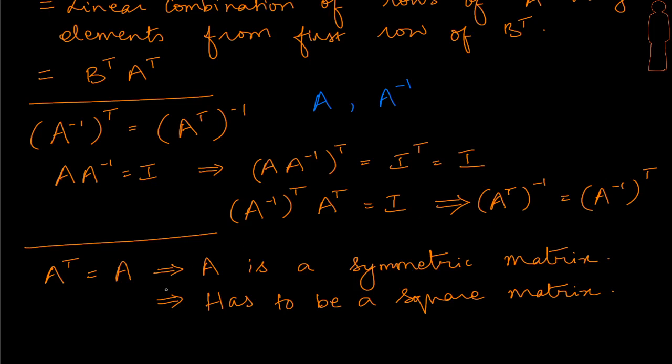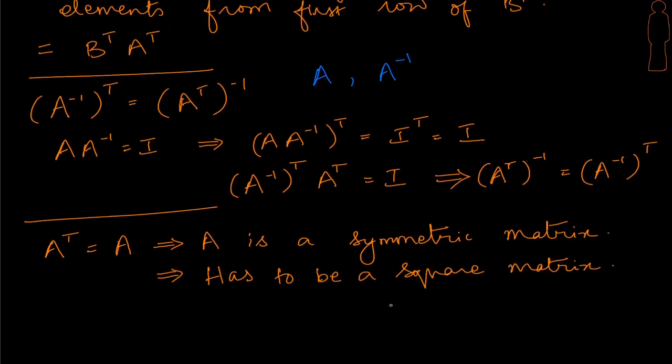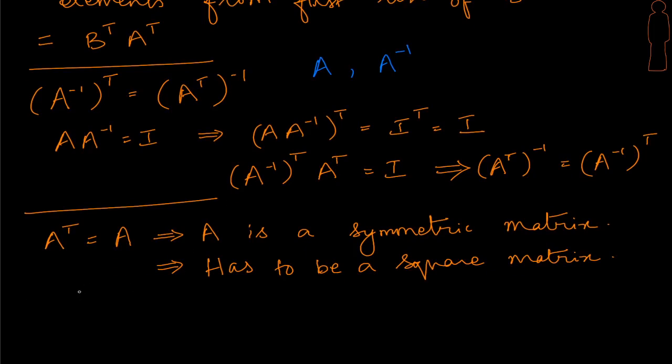So if I have a 4 by 3 matrix and its transpose is 3 by 4, we can never say that they will be equal. So it's obvious that it's got to be a square matrix. So maybe we can look at a simple example. Let's say that I have on the diagonal some different terms, but the off diagonal terms in a 2 by 2 happen to be the same. Let's say that this is A.